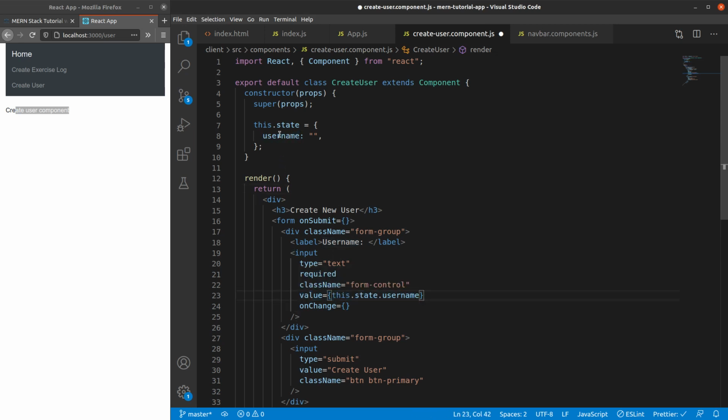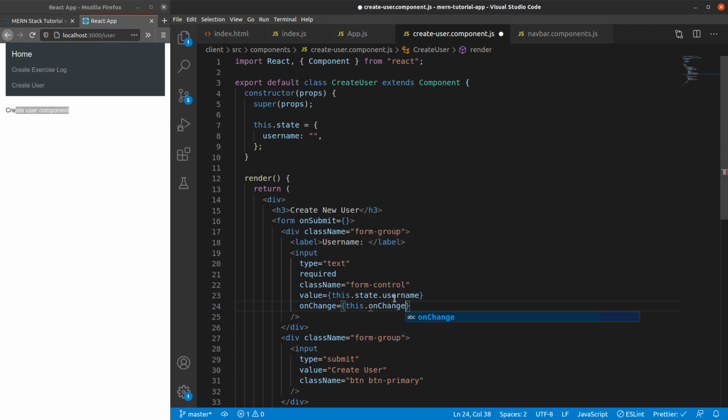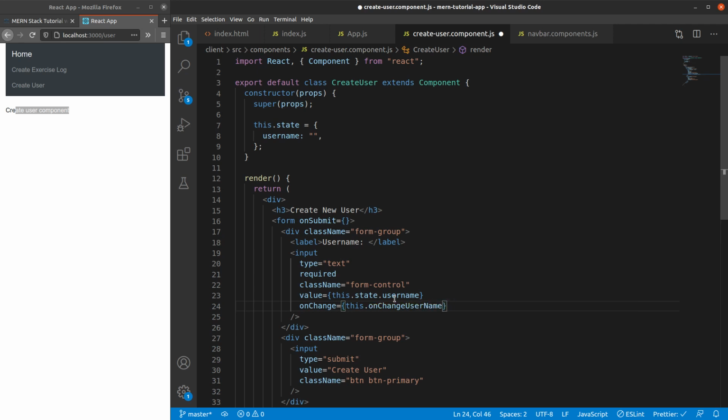This is basically from state to form, but how do we handle from form to state? That will be handled in onChange. So let's create a method in here, this.onChangeUsername. We are defining a particular method which is going to handle the onChange.